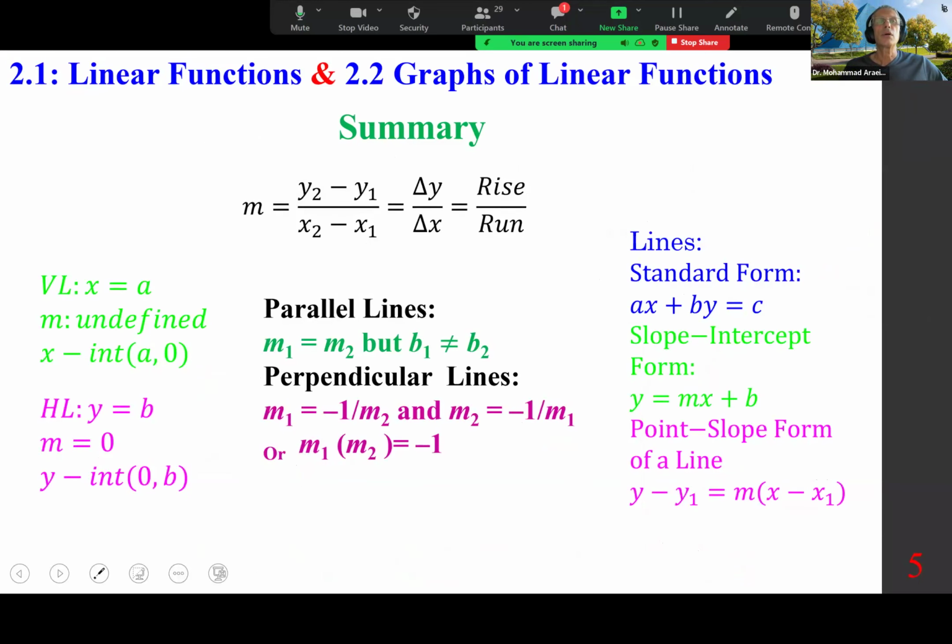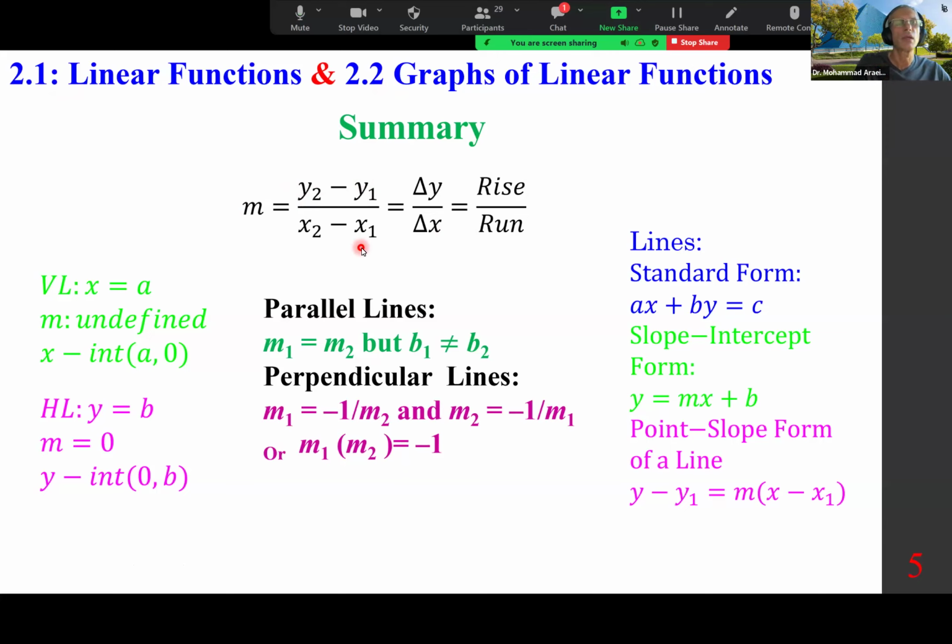And now the new stuff. As far as the two sections are concerned, we are looking at 2.1 linear functions and 2.2 graphs of linear functions. Here's the summary. What we have seen, nothing brand new. M, or the slope, is rise over run. Change in y, delta y, over change in x: y sub 2 minus y sub 1 over x sub 2